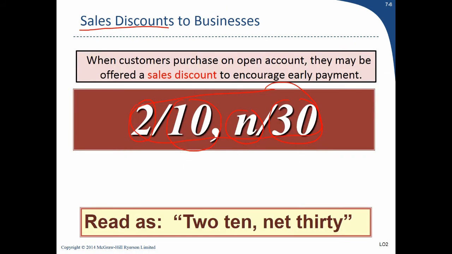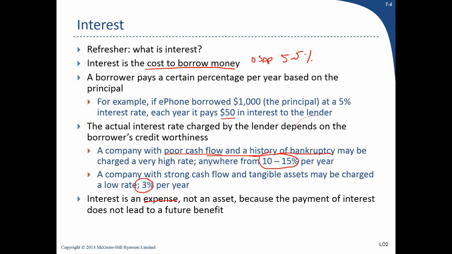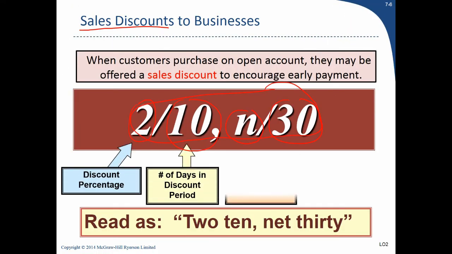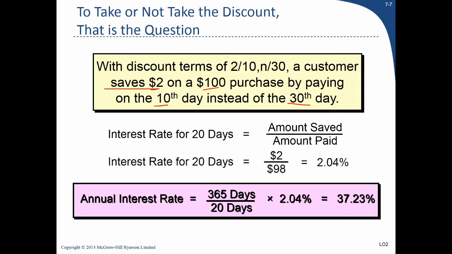The other thing to look at is the interest rate. The bank might charge anywhere from 3% per year to 10 to 15% per year, right? Interest is always stated on an annual basis. Your savings account might be paying you 1/4% or 0.5% per year, basically nothing, right? You're actually earning 2%, but in 10 days, not in a year. So if you calculate the amount of interest income that you're earning by paying this early,